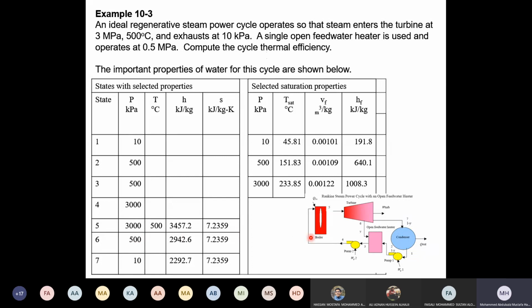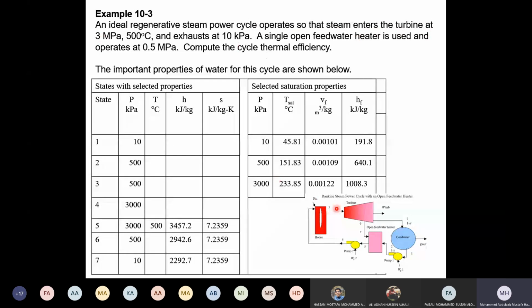So this is one example that we have. This is a steam power plant, a regeneration cycle. The points have been numbered differently here. So this is 5 to 6. At 6 we take y, and this is 1 minus y, and then we mix them again and continue. So this is when you go to the table. The ideal regenerative steam goes into the turbine at